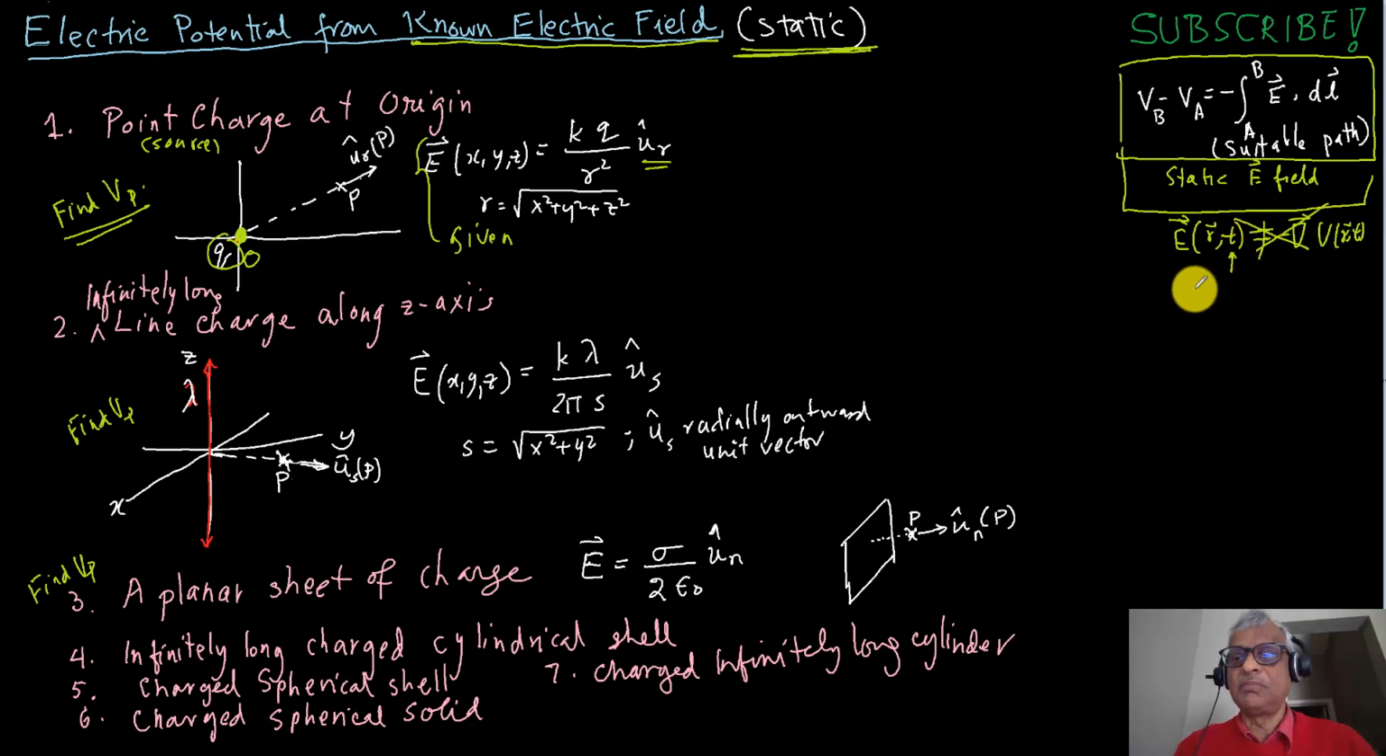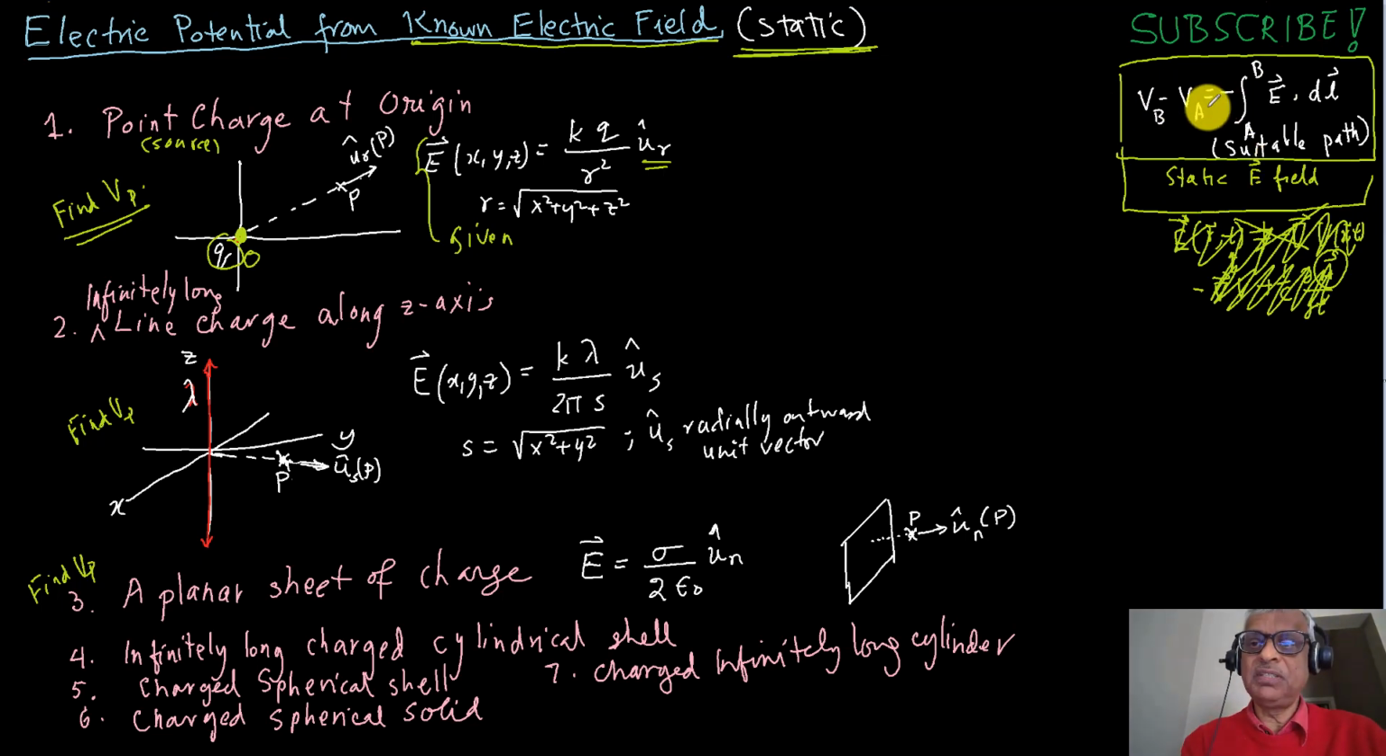Actually, it will usually be written as del V plus 1 over c dA/dt, which is related to the magnetic field, and that's for another time. I don't want to complicate it. So we're not having a dynamic field, we're just having a static field. With that caveat,